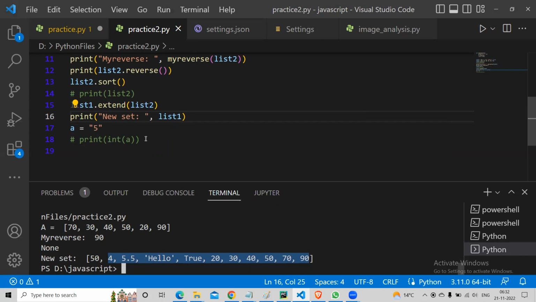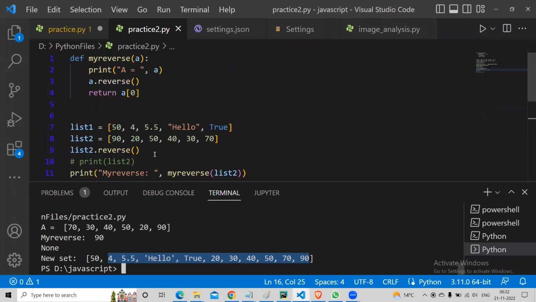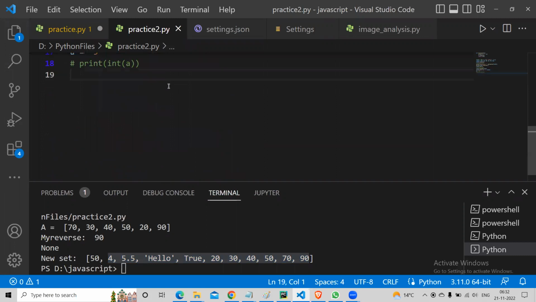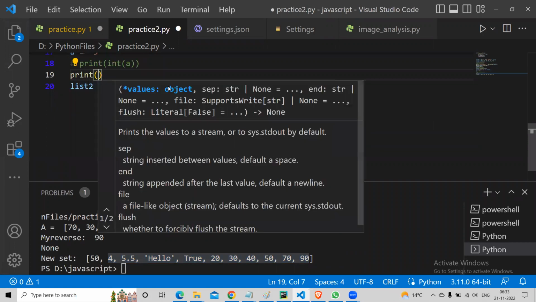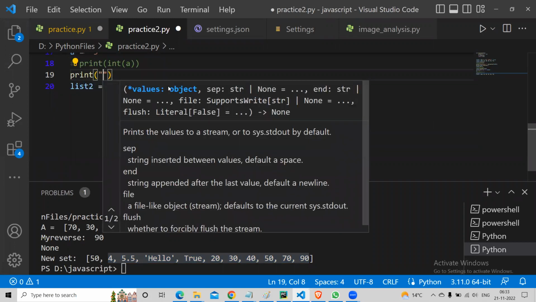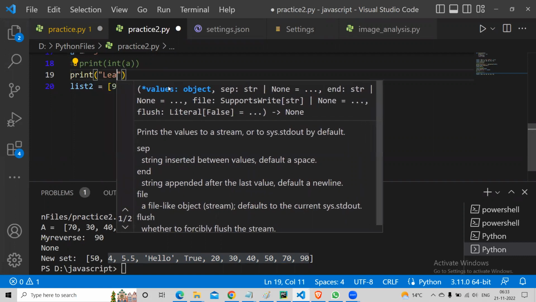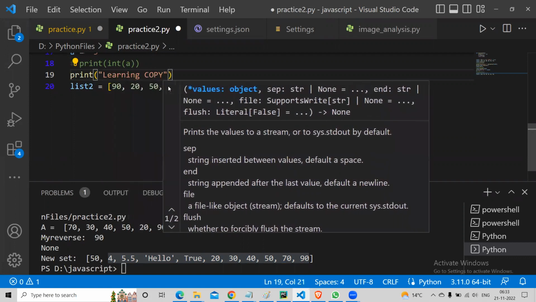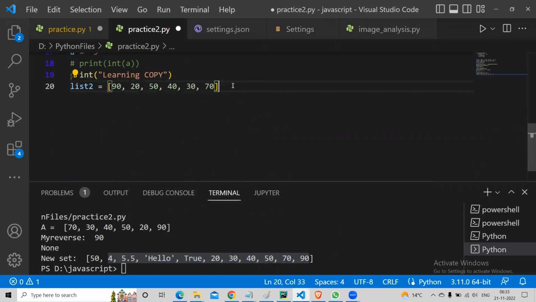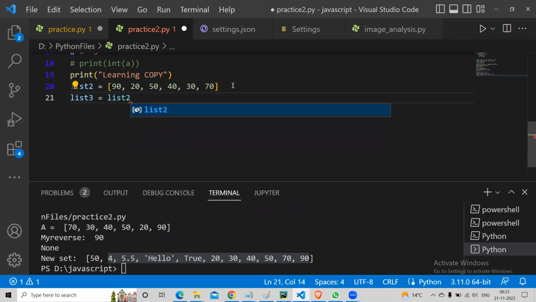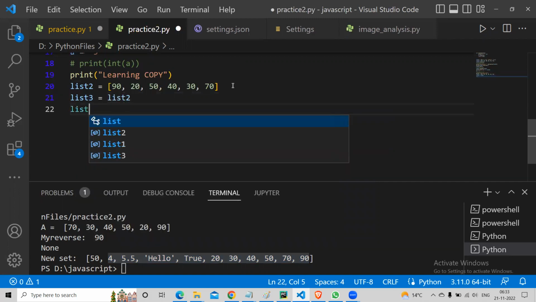There's one last thing that we'll discuss. It's a very interesting thing. Let me take list 2 here. I'm going to say print learning copy. So I have list 2 here. Now I'm going to say list 3 equal to list 2, and list 4